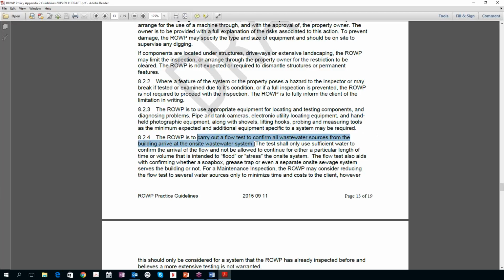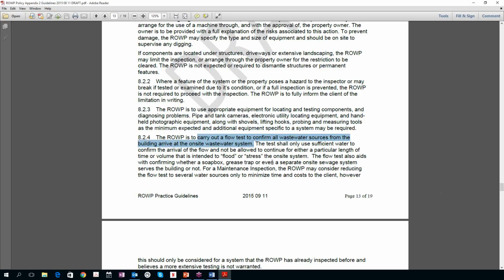building arrive at the system. Sounds kind of stupid maybe, but super important. Otherwise you're going to miss the gray water diversion, or the pipe heading to the creek, or two systems. A lot of times there's an old system and a new system, and they're both connected. You have to get into the house and do flow tests from all the fixtures to make sure that they're actually connected to where you think they are, and that it arrives there in a normal manner without gurgling and surging and so on caused by bowed pipes and that kind of stuff.